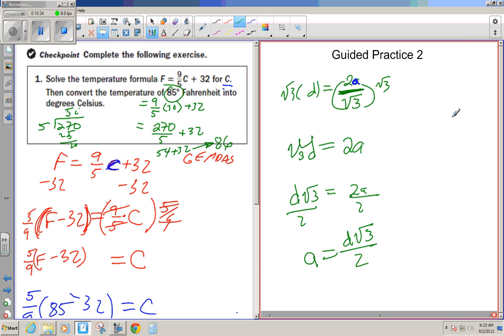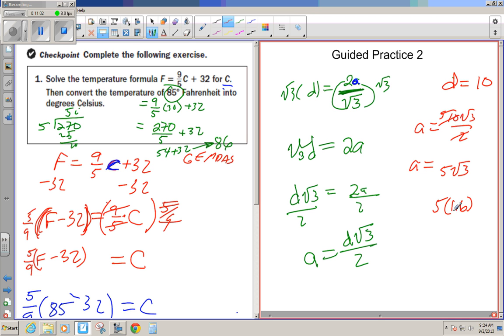It then goes on to say let d equal 10. So a is 10 square root 3 over 2. a is equal to, that reduces to 5, 5 square root 3. That's the exact answer. Now I'm going to say let the square root of 3 be about 1.6